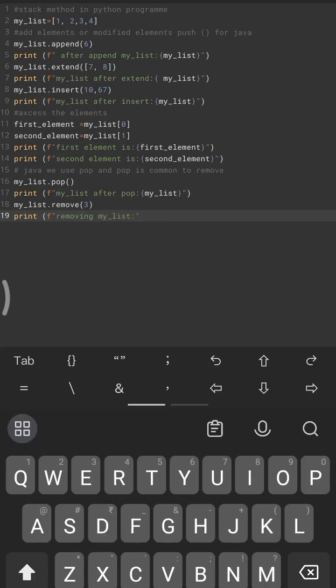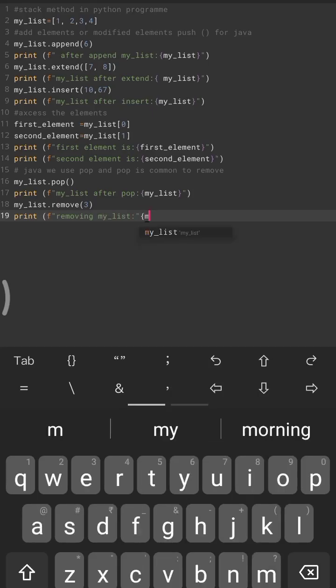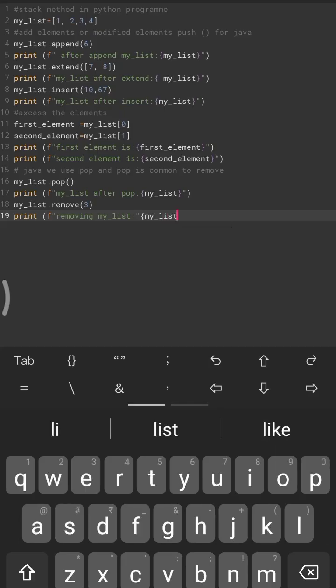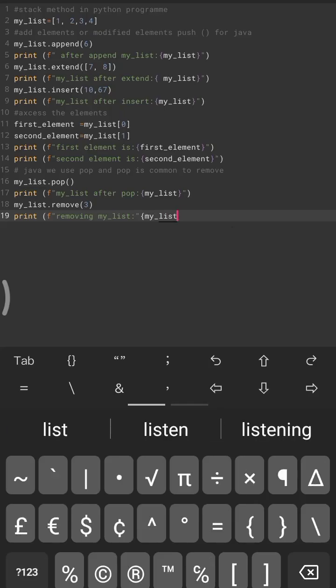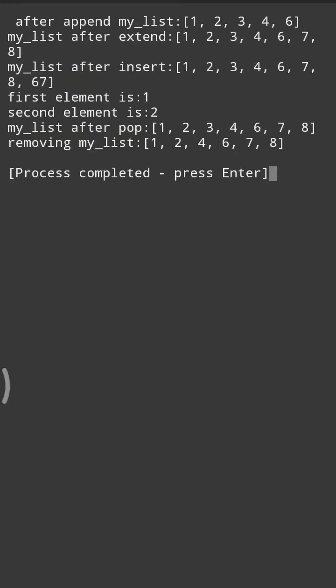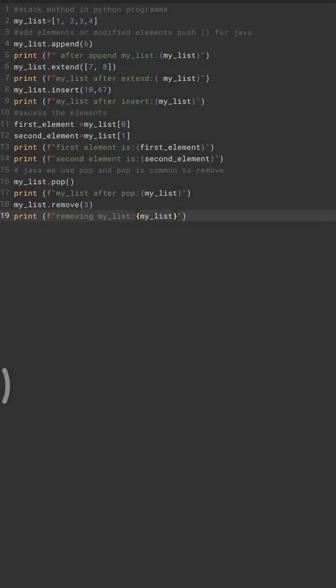Then I will print my list dot remove. You can remove any element from my list. So I want to remove my element 3 here. So print my list after removing by using f-string. Removing my list here, as before, you print my list here. So my list,